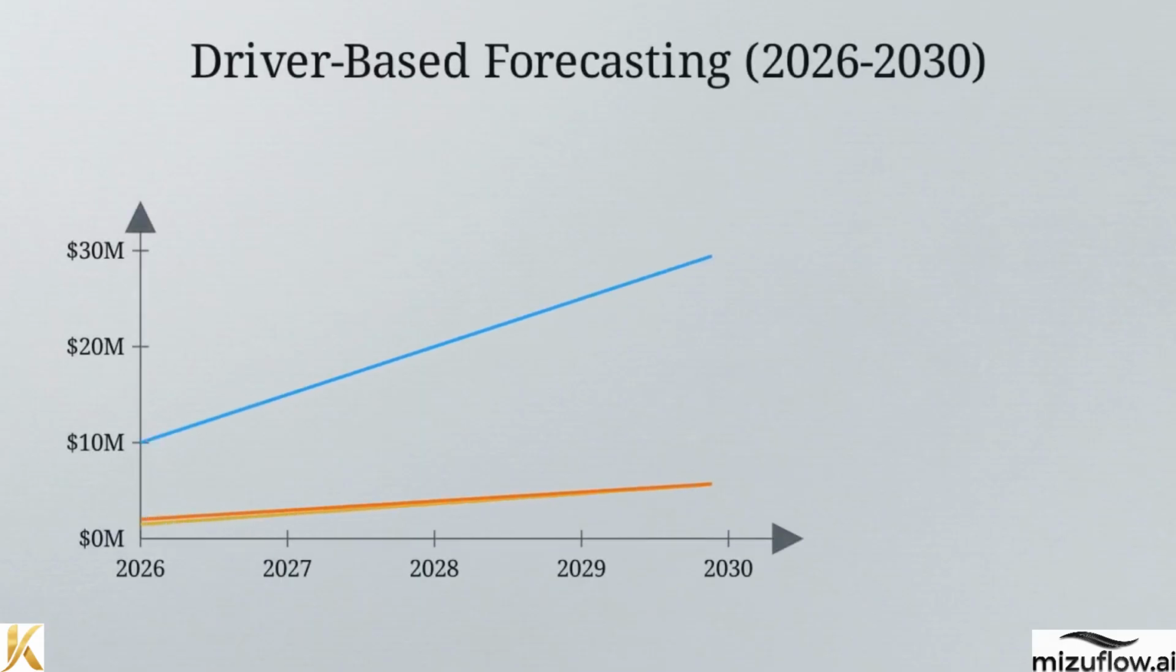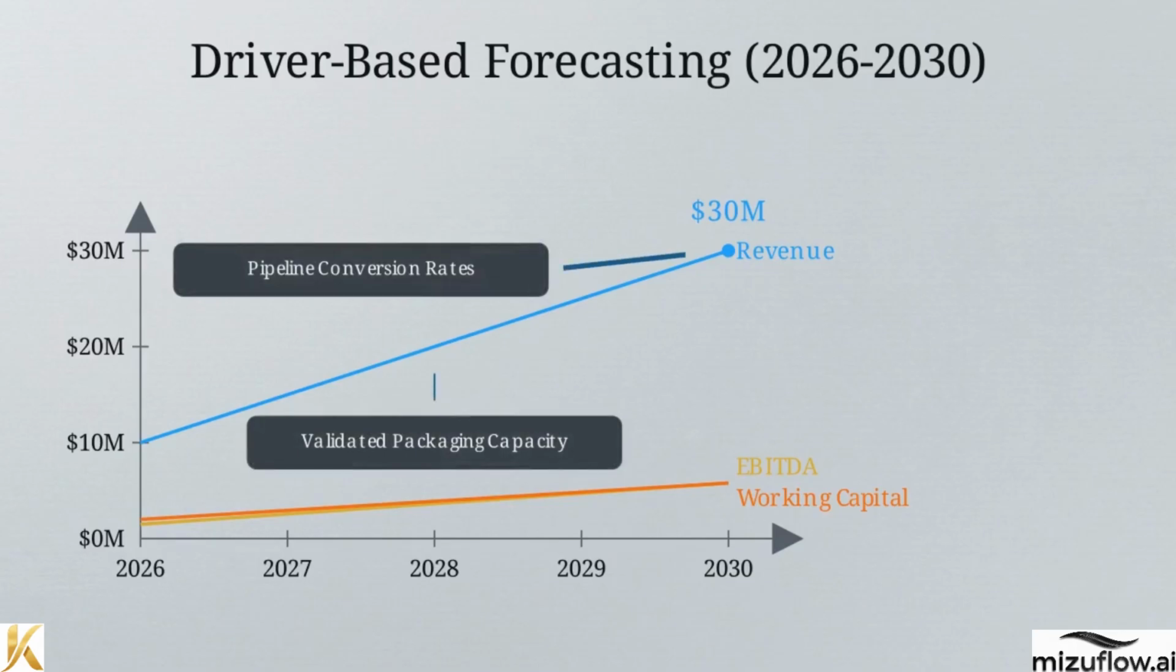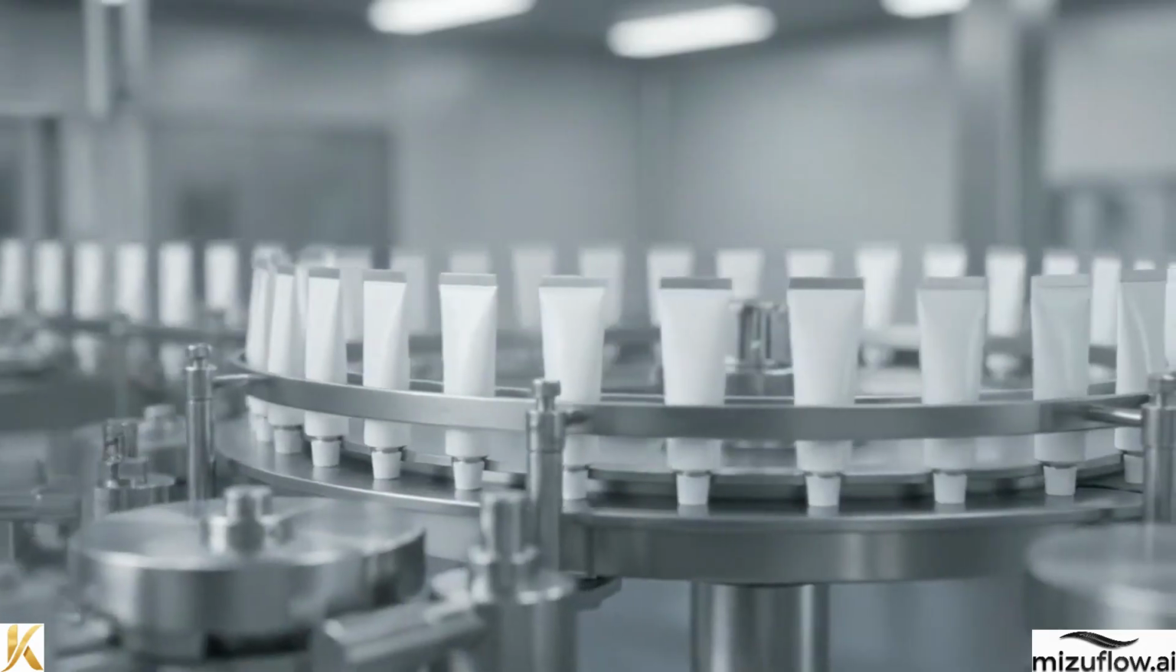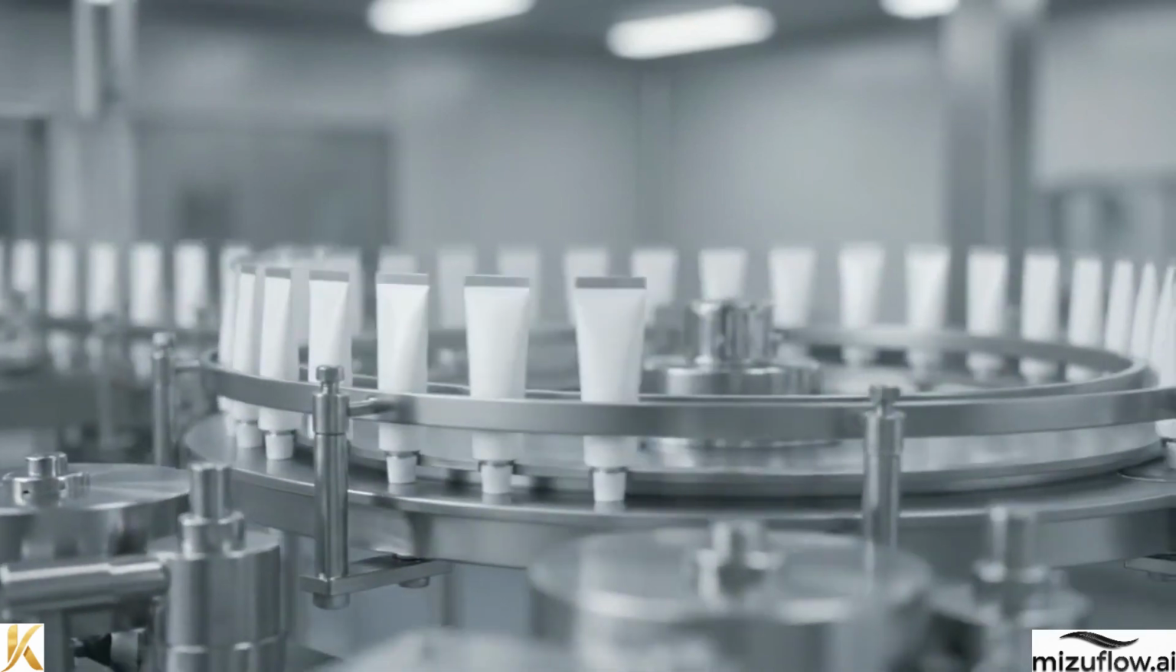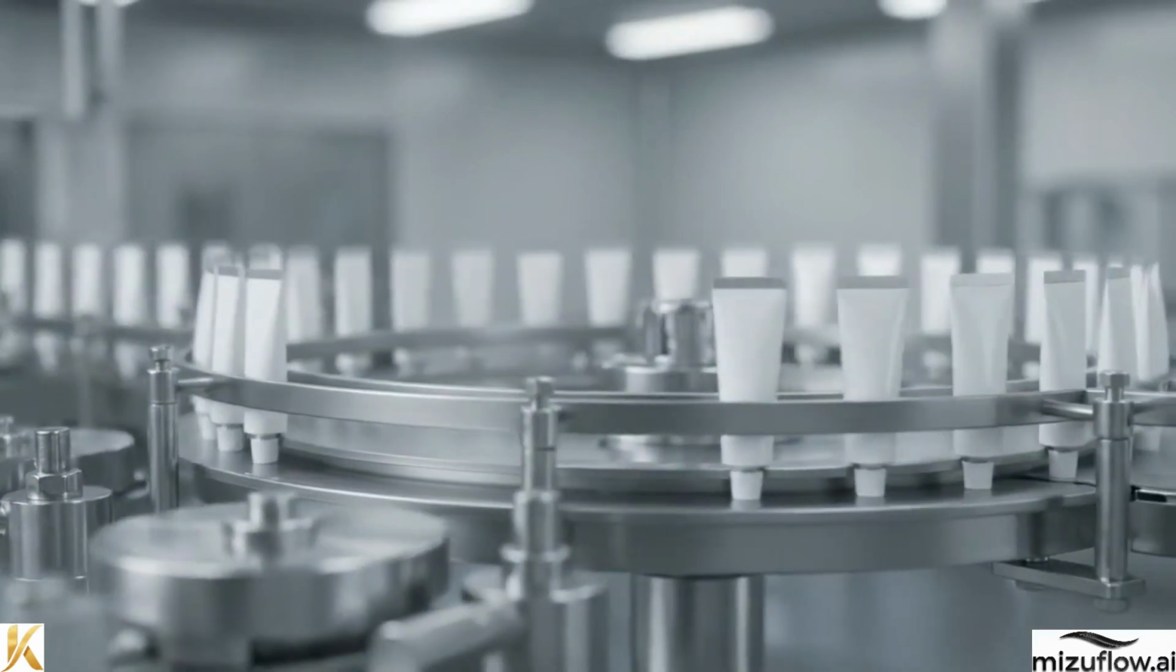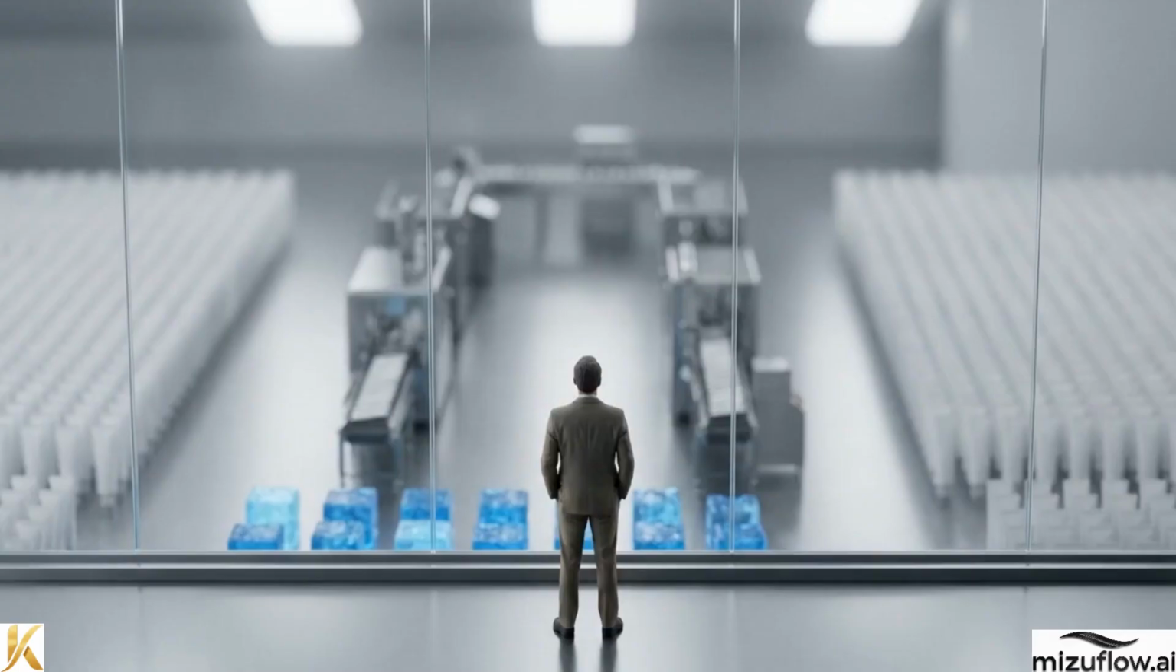True decision intelligence allows leadership to objectively price the value of market prestige against the physical strain it puts on the factory floor. This integrated data allows for highly reliable, driver-based forecasting. This long-term table maps out growth through 2030, charting revenue scaling to $30 million alongside corresponding increases in EBITDA and working capital. The accuracy of these projections relies entirely on tracking pipeline conversion rates against validated packaging capacity. When the entire organization operates from the same economic model, the friction between sales, finance, and operations dissolves. Enterprise value is created by achieving absolute mathematical equilibrium between capital constraints, operational risk, and